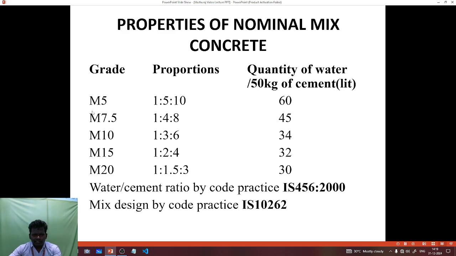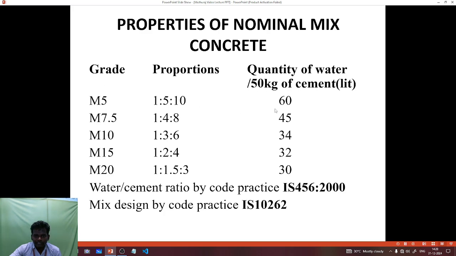The properties of nominal mixed concrete are grade, proportions, and quantity of water per 50 kg of cement. It's in the manner of a tabulation, where the first column denotes the grade of the concrete, and the proportions by the arbitrary method: M25 is 1:2, M20 is 1:1.5:3, and M15 is 1:2:4, and so on. And for the quantity of water required per 50 kg of cement, if the cement is packed as 50 kg per bag, then per bag,